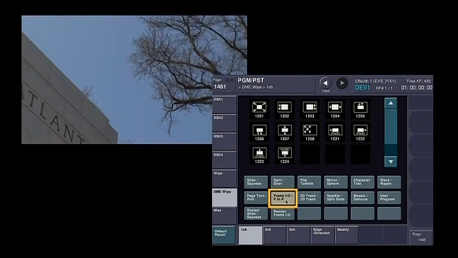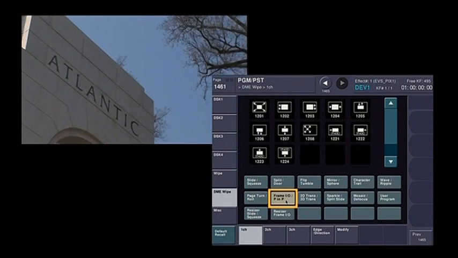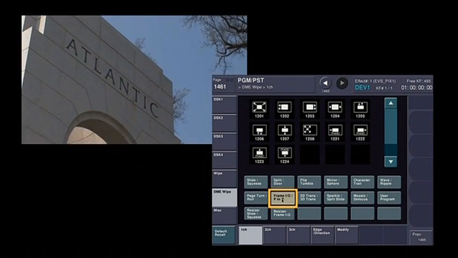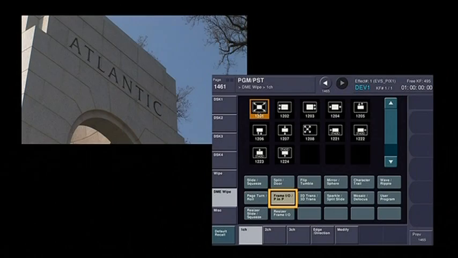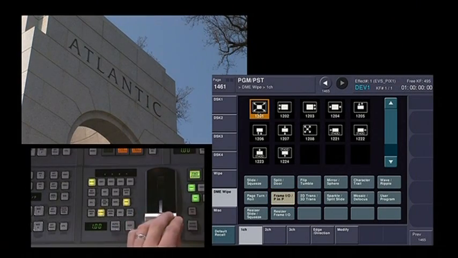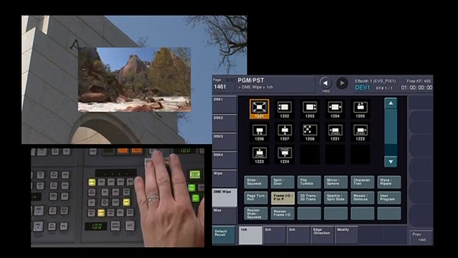One of the unique ones here is Frame I/O picture-in-picture. And if you can see here, that's what I've selected. This is a transition that never completes. What that means is, if I move a fader arm or hit auto trans, this box is going to come up like this, and it never finishes the transition. It just comes up and goes back. The opposite of that down here is this pattern, which allows me to start full, and it will compress back